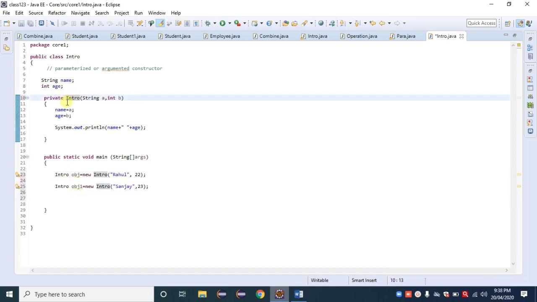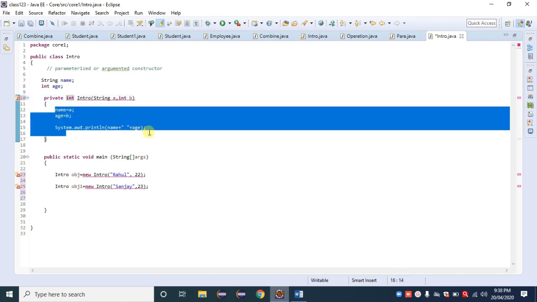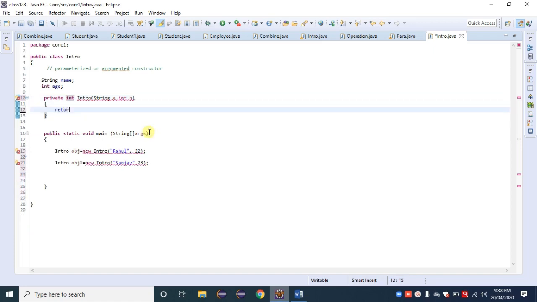Why is there no return type inside a constructor? Suppose here we use int as a return type. Hence we need to give or return that value, return 10 here. So in that case, what is the main purpose of a constructor? To initialize the object, to provide a value for that object.